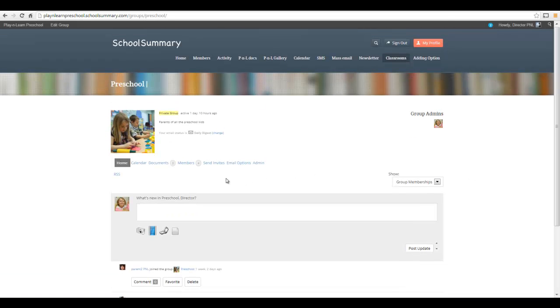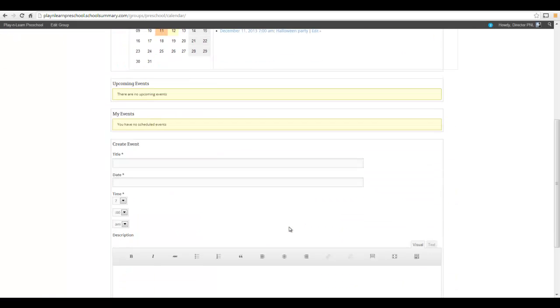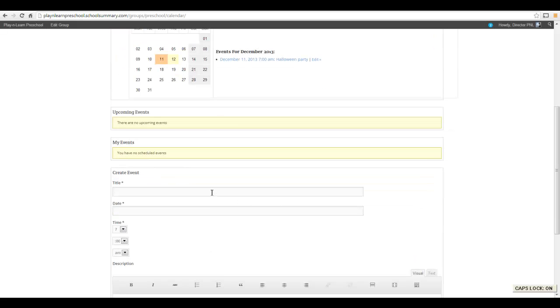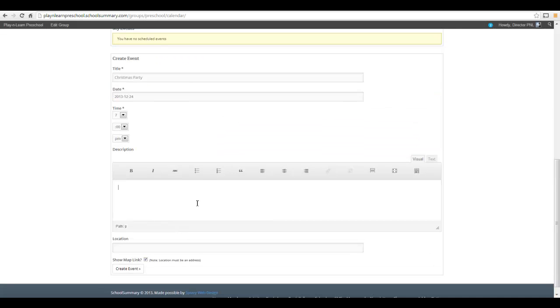And the second feature is actually called calendar. If you click on the calendar, it's going to take you to the calendar specifically only for this classroom. And here you can see there is one calendar event on 11th December. It says Halloween party. Or if you want to add a new event, you can actually add, say, a Christmas event or something like that, Christmas party, and you can click on the dates, 20th or 24th at 7 p.m. or something like that, and you can say Christmas party